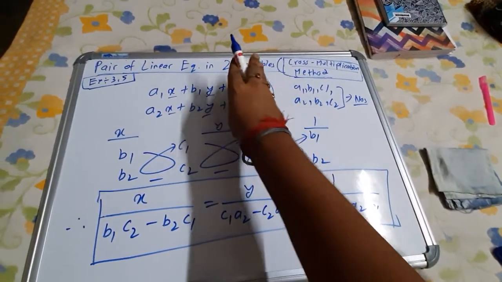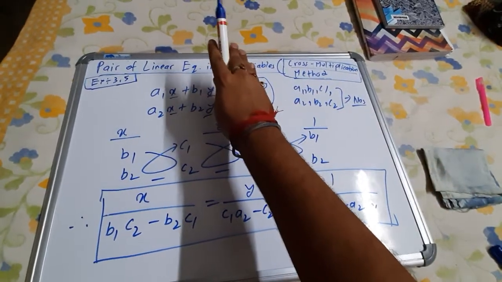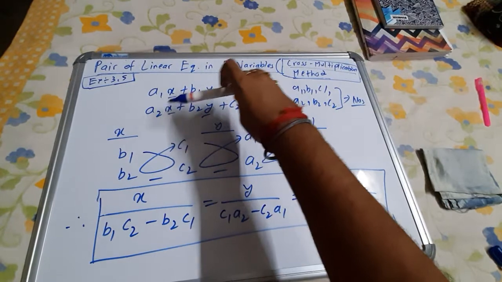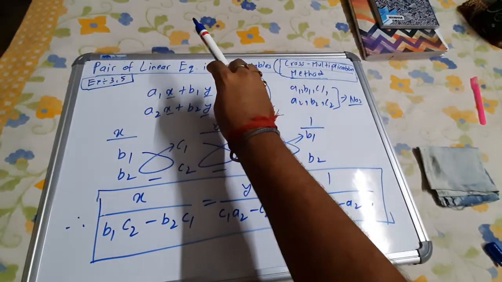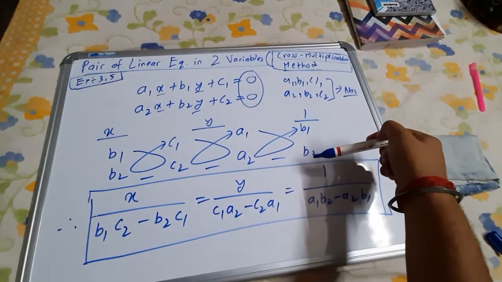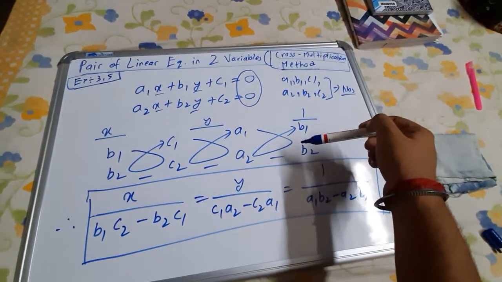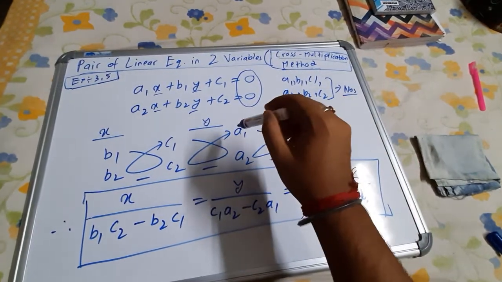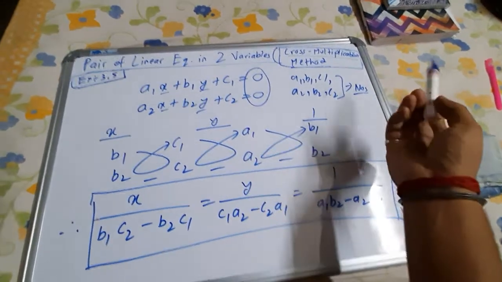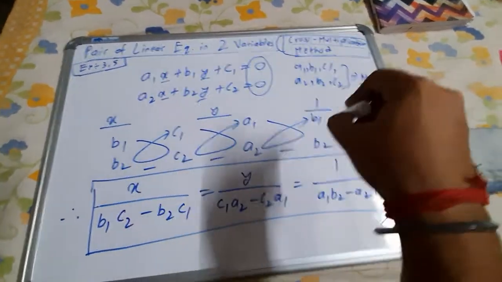Next is this part, the one remaining portion, so I cover this one. Now what can you see? a1, a2, b1, b2. a1, a2 is already written, so what is not written? b1, b2. Writing a1, a2 again would just be a waste of time, so we write b1, b2. Understood how this pattern is being formed?